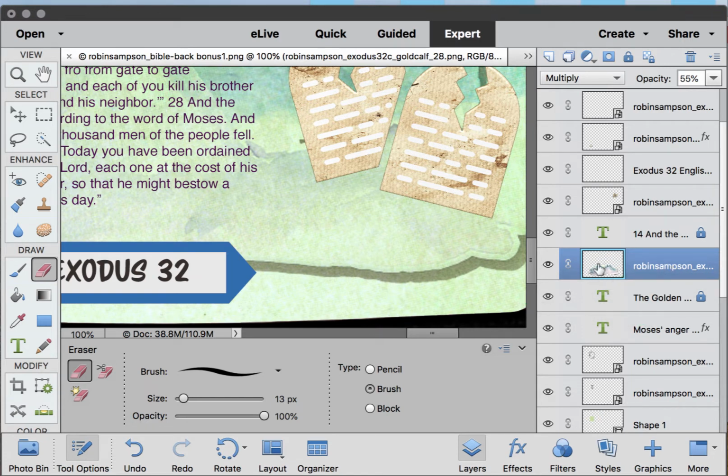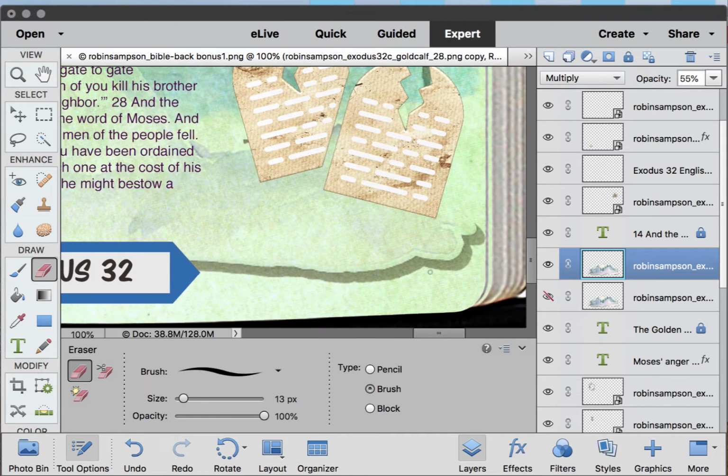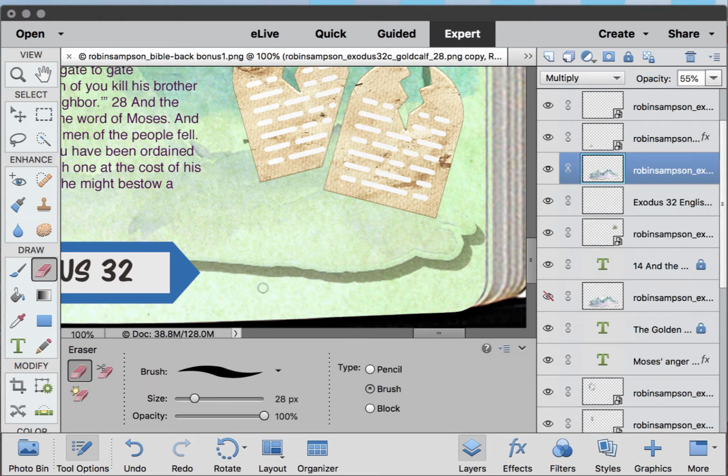Before I do anything, I click Command J to duplicate the mountain, and I hide the first one in case I mess it up. And my eraser is pretty small, so there's two ways that I could change the size. I can go down here to size and make it bigger, or I can use Command right bracket to make it bigger, and Command left bracket to make it smaller. And I'm going to erase